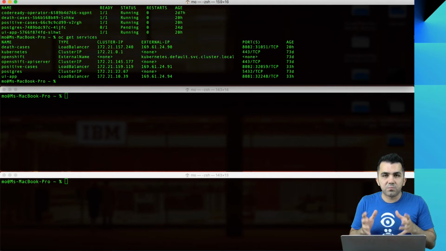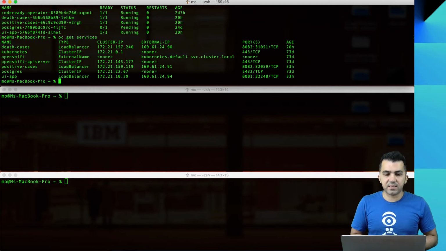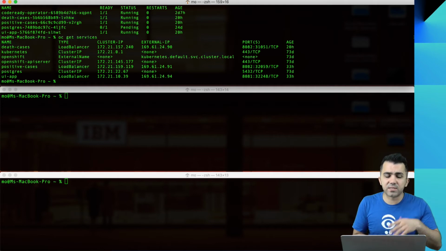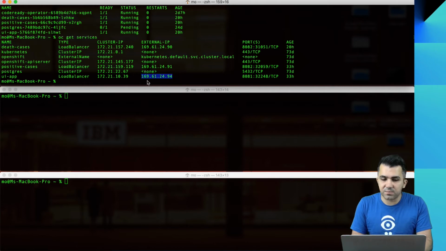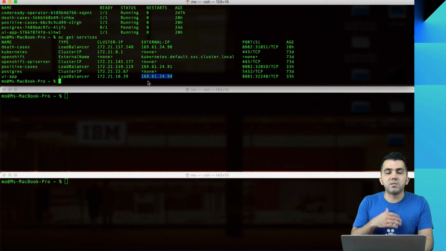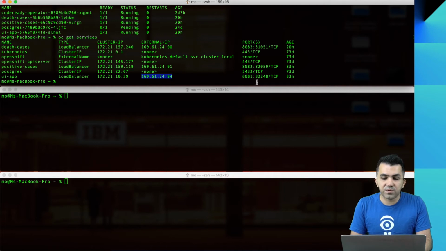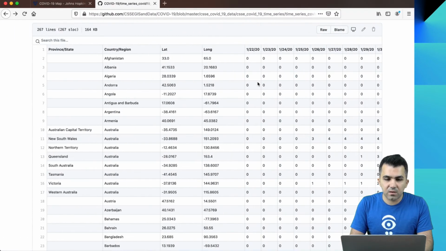I've got one pod for the death cases, the other one is for positive cases, and another one for the UI. There's also another one for CodeReady Workspaces and Kubernetes, which doesn't matter. We're going to get to that shortly. The external IP address for my UI is this, and then I've got the port 32248.